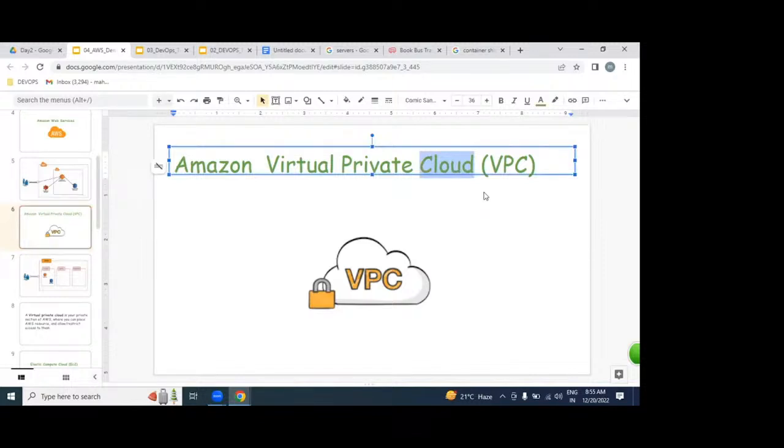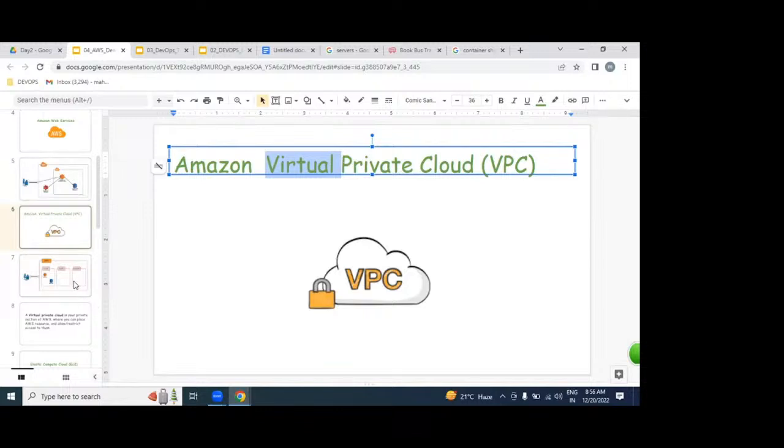That is nothing but a VPC. I'll repeat this. We are going to get an isolated, office-like private network from where? The internet. Cloud is nothing but the internet. So in a virtual form, if we can access it from your laptop, that is nothing but a VPC.